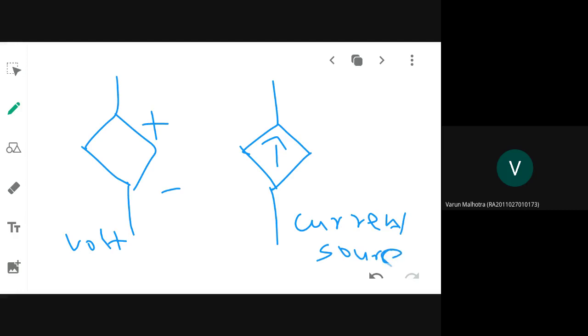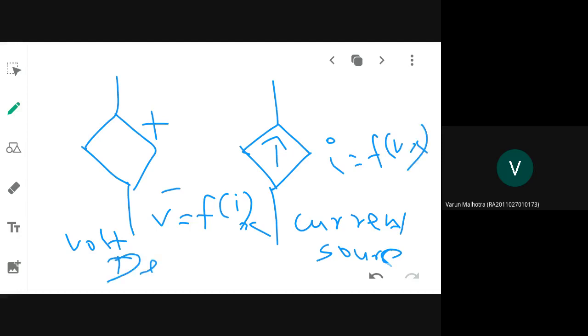Here, this is a voltage source which is a function of some current, let the current be X. This is a current source which is a function of some voltage. So what sources will these be called? These are called dependent sources because they are a function of some other element. This one is a function of current and this one is a function of voltage; F represents that function. In what shape will you always depict the dependent sources? In diamond shape. A circle means independent sources. All these things we discussed last class.